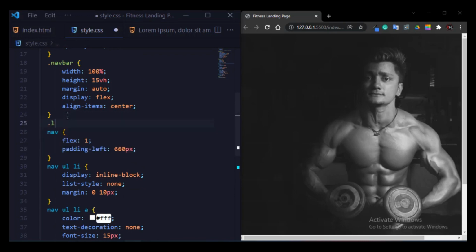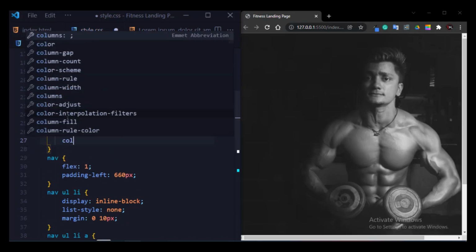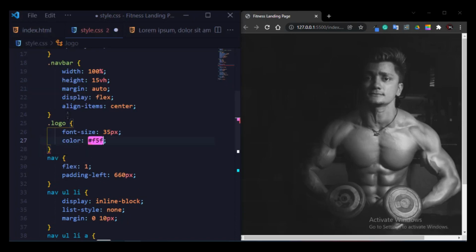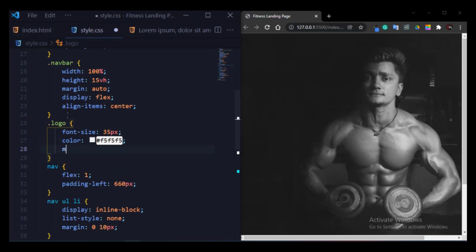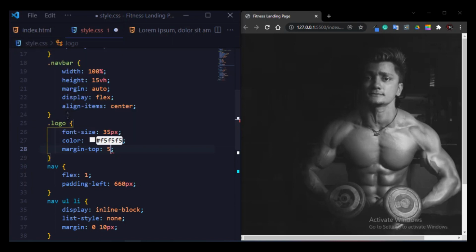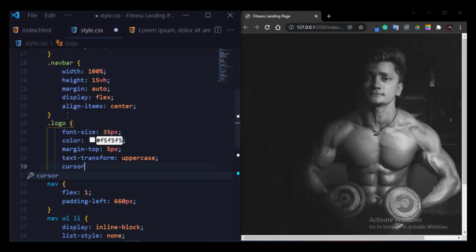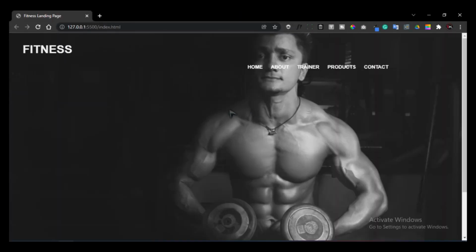Simply I write dot logo and font size I will give 35 pixel and color hashtag F5F5F5 and margin top 5 pixel, text transform uppercase and cursor pointer. So my logo is created.